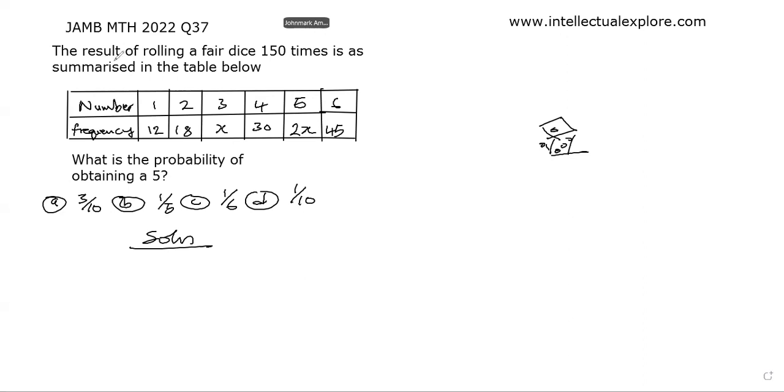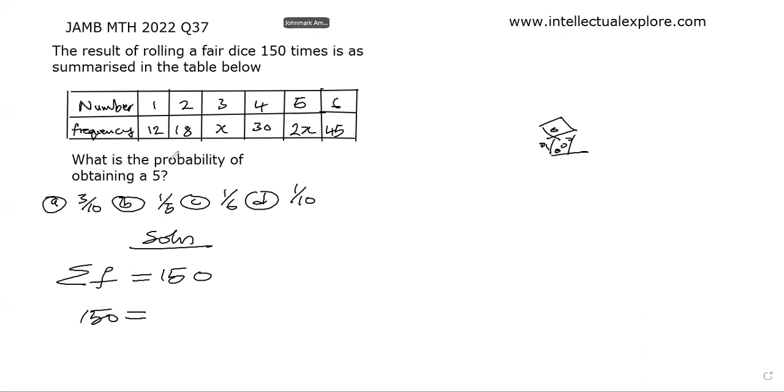And the dice is thrown 150 times. This is the total number of times it has been thrown. That means the summation of the frequency equals 150. So if we add up all these other frequencies, it should give us the total number of times it was thrown. So that would be